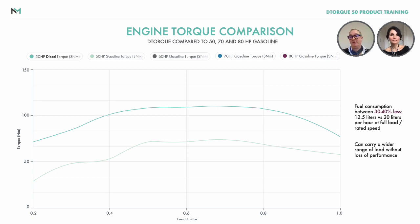It just means that the propeller is running at different speeds. However, I think something to consider here is the torque curve for the D-Torque engine is very flat. And the typical process that someone will go through when fitting an engine to a vessel is to fit the correct propeller. Because you have to realise that every vessel is different, different hull shapes, they have different displacement, they